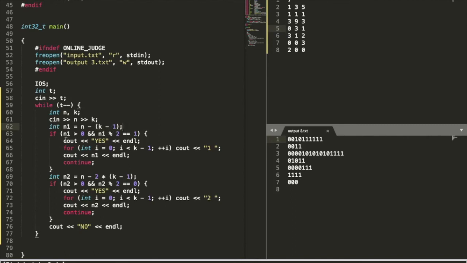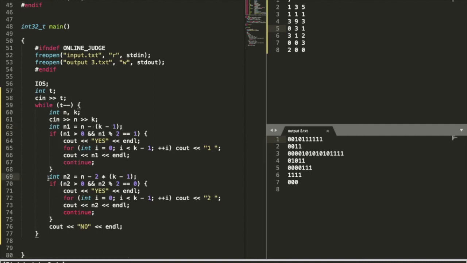So if n1 is greater than 0 and n1 mod 2 equals 1, that is n1 is a positive odd number, then we will print the answer and we will print k minus 1 terms as 1 and the last term as n minus (k minus 1). And we will continue with our next test case.